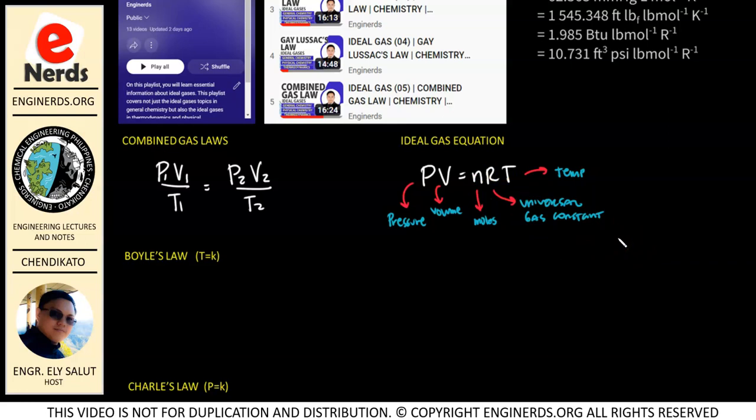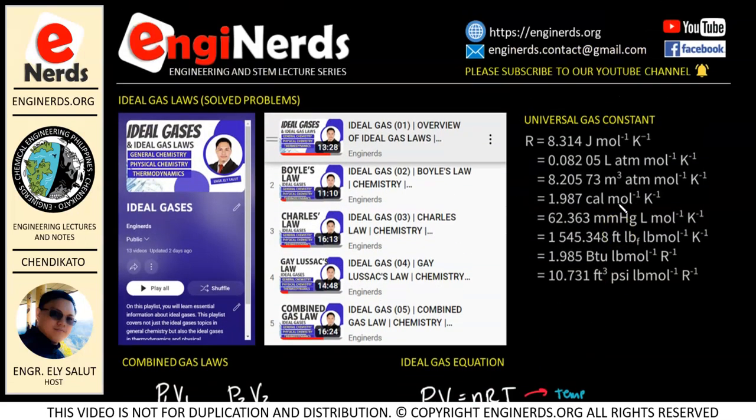And of course, during exams, it is very rare na given itong universal gas constant. So therefore, you have to really memorize yung mga possible values na gagamitin mo in solving ideal gas problems. Most likely, yung madalas nating nagagamit is itong 8.314 joules per mole per Kelvin, and also this 0.08205 liter atmosphere per mole per Kelvin. Of course, itong iba is nagagamit din natin depending on the question that was given to us. So therefore, it is better na memorize natin itong mga universal gas constant natin when we are taking an exam